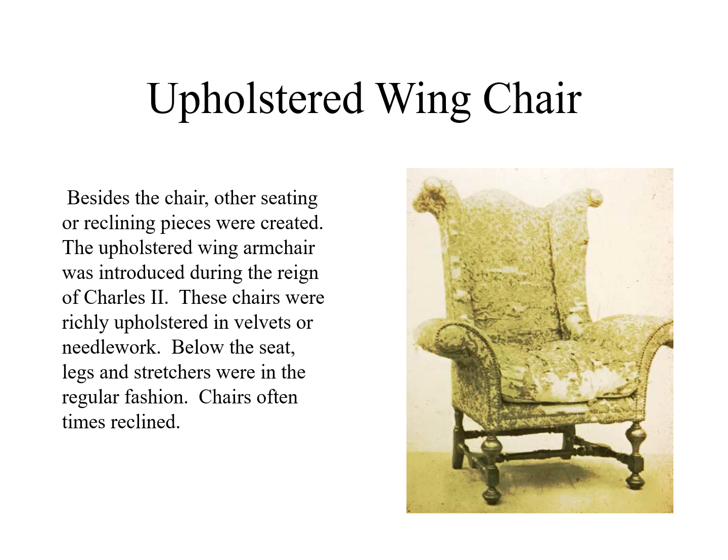During the reign of Charles II, we see a lot of innovation with seating. One such innovation was the winged armchair. These chairs were richly upholstered in velvets or needlework. One feature that I'd like to point out is this notion of an H-shaped stretcher. So we see the stretcher right here taking on the form of the letter H.